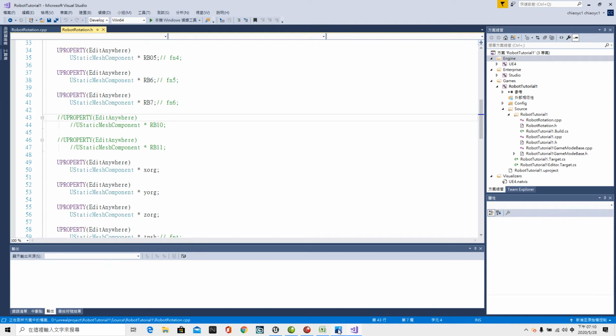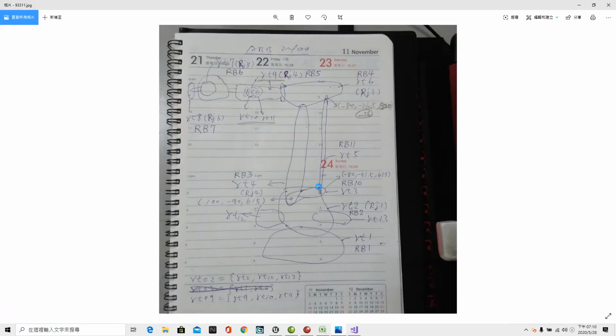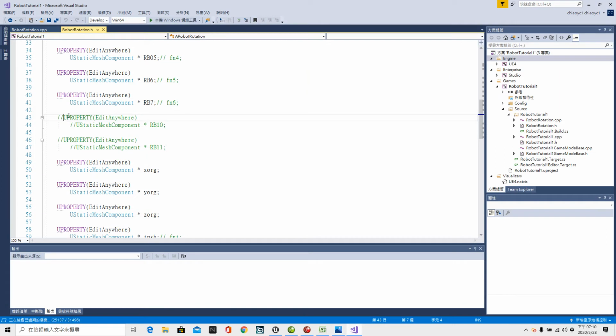Okay, let's see the sketch first. RB10, this one. RB11, this one. Remove these two slashes. UPROPERTY(AddAnywhere), UStaticMeshComponent* RB10; UPROPERTY(AddAnywhere), UStaticMeshComponent* RB11;